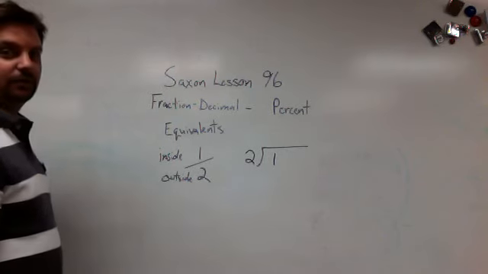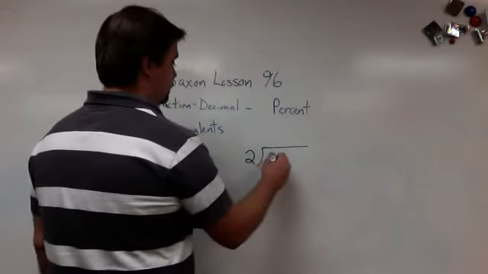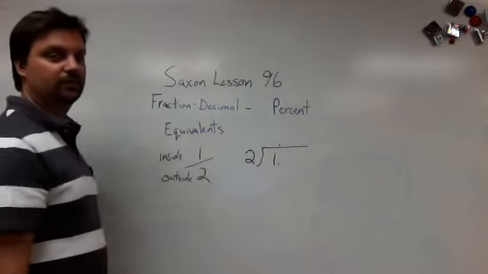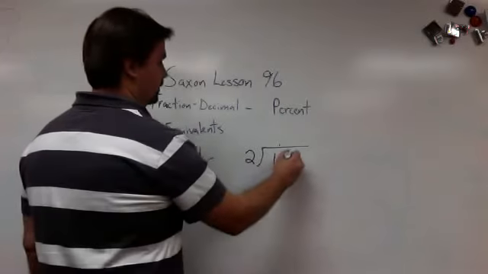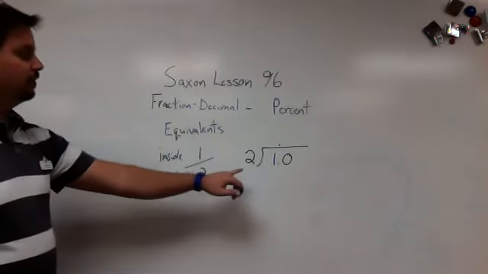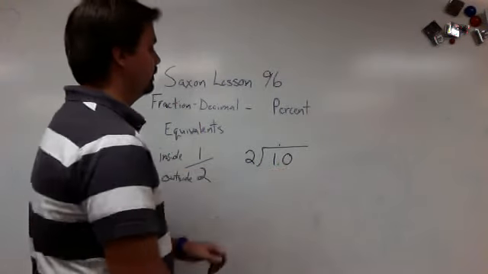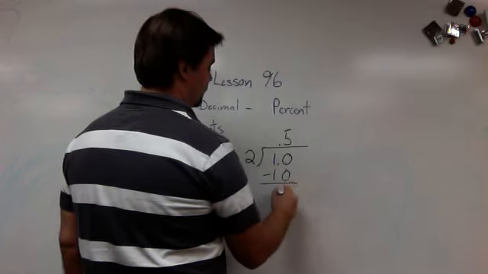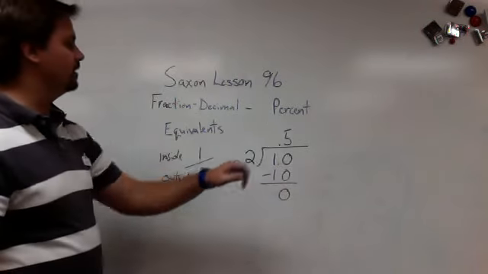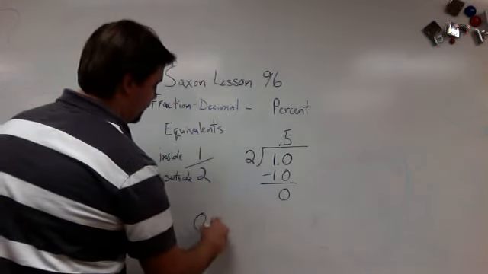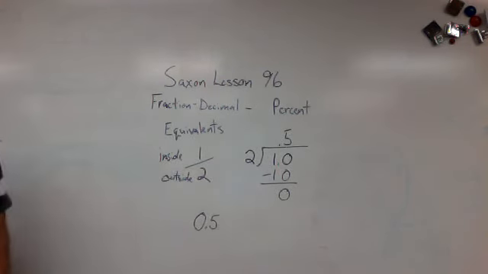So then we just do our long division. 2 doesn't go into 1, but what you should do is put a decimal next to the whole number 1 and then add a 0. And so we go ahead and do the division. So 2 doesn't go into 1. 2 goes into 10 5 times. Subtract. We get 0. Now what happens here is that the decimal becomes 0.5. But we know that 0.5 is the same as